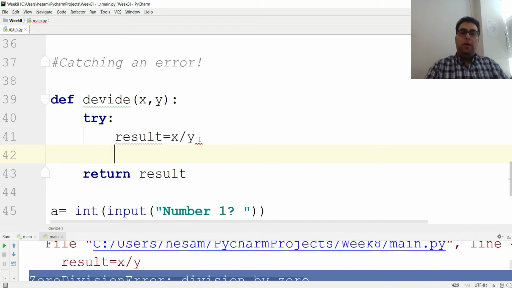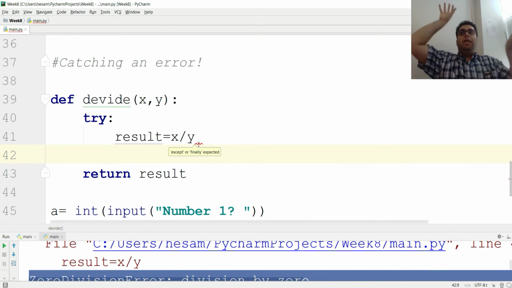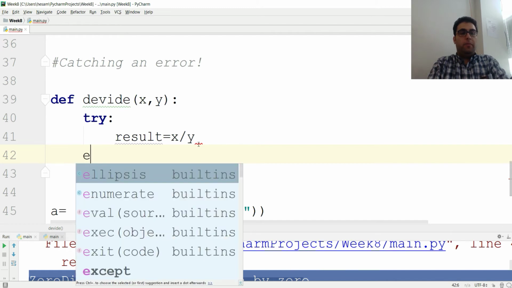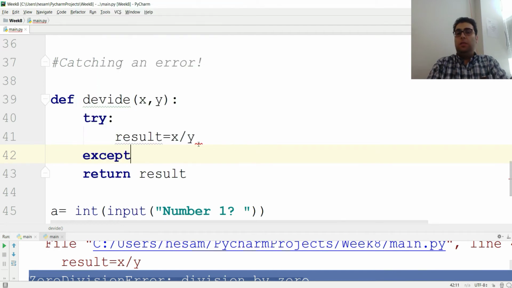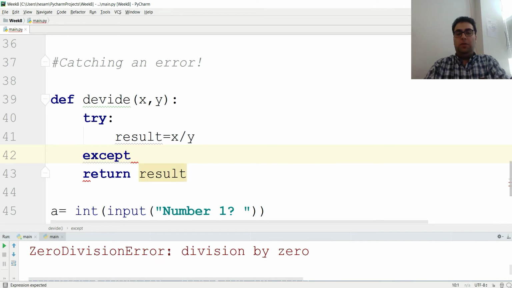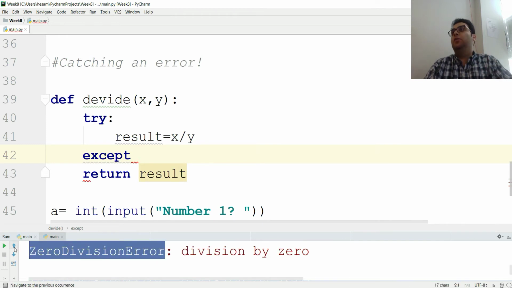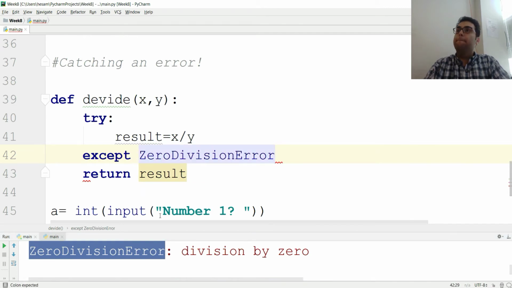It gives me some sort of error because you try it first, and if there's any error, then you tell them what to do with that error. Then you go here and say, okay, if you have exceptions like this one that I had, like zero division error, because this is a defined error in the system, if you have this guy,